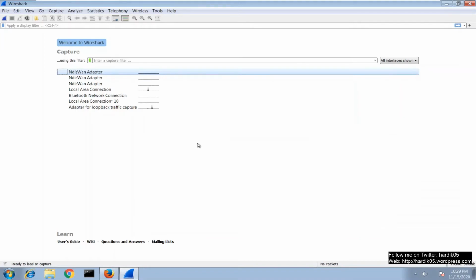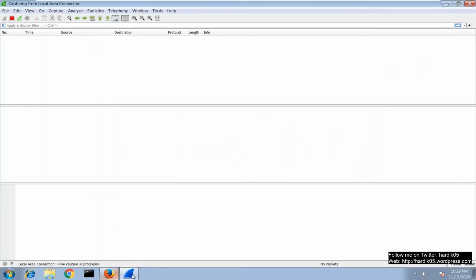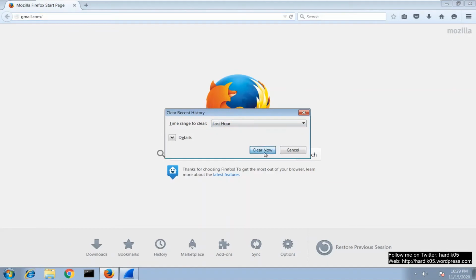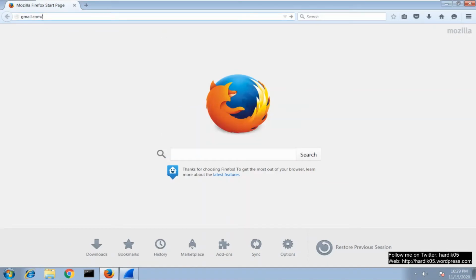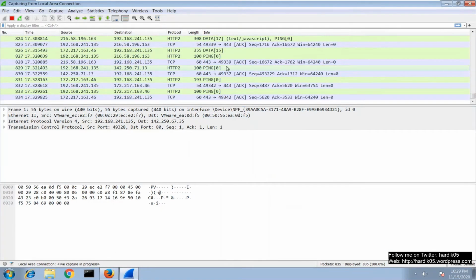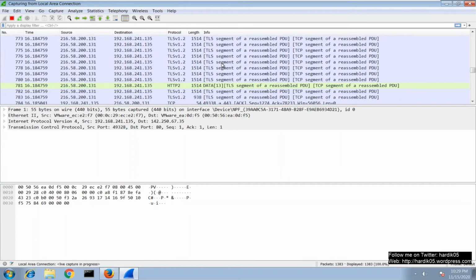So what Wireshark will do now is that it will read the file and extract all the keys from there, and it will try to decode all the data over here. So I will just capture some traffic on local area connection. I have started the capture, and inside the browser I will clear all the cache, and now let's open gmail.com over here. You can see that it is HTTPS traffic, and inside Wireshark now you will see that it started decoding all the data over here.